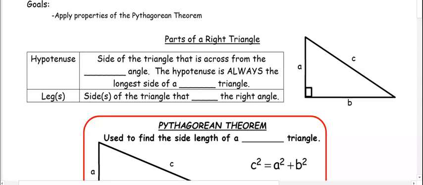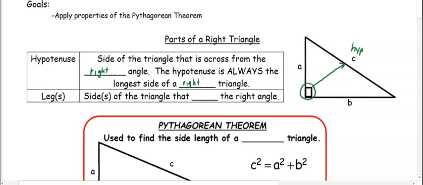This video is about applying the properties of Pythagorean theorem. So Pythagorean theorem works in a right triangle, so we need to understand the sides of a right triangle. The hypotenuse is the side of the triangle that is across from the right angle. The hypotenuse is always the longest side of a right triangle. This should make sense because our right angle is the biggest angle in the triangle, so our hypotenuse has to